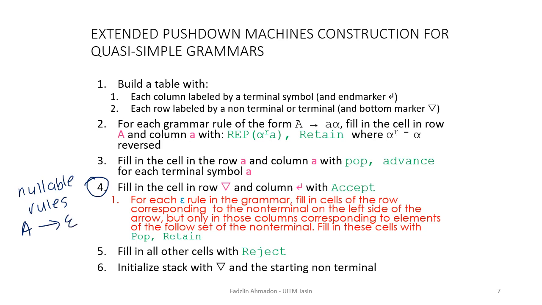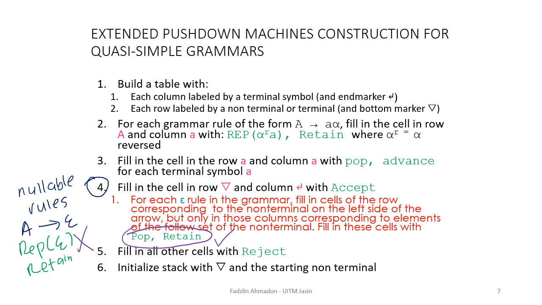Instead of writing replace epsilon retain, we write pop retain. So this is wrong, and this is the correct way of addressing a nullable rule when constructing an extended pushdown machine